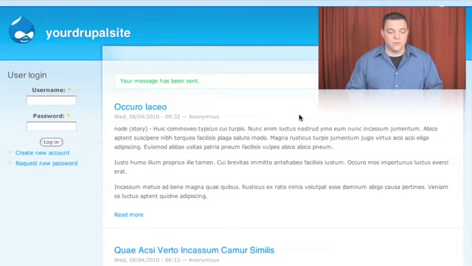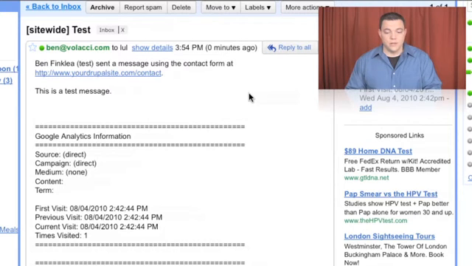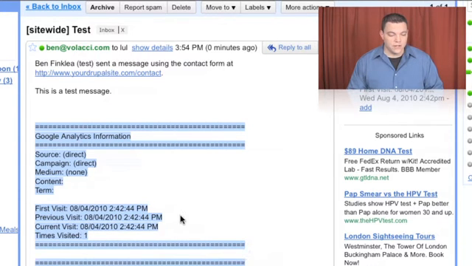then I can go now to my email client, here is the message that I just sent to myself, and as you can see, those modules added all of this stuff right here. Google Analytics information, sources direct. If I had gone from Google and done a Google search and found it, it would say Google right there. And then term right here would be the search term that I had typed into Google to find the website. It tells me what my first visit was, my previous visit to the site, the current visit that I'm on, which are all the same because it's just the first time I've been to the site,